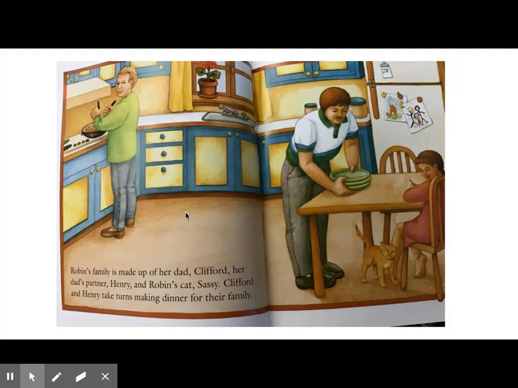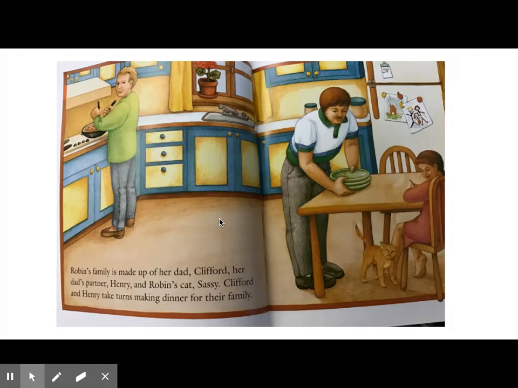So sometimes it's called, if people aren't married, if the adults aren't married, they might say a boyfriend or a partner, or it could be a boyfriend or a girlfriend or a partner. And sometimes kids get really silly about that, like, ooh, boyfriend,